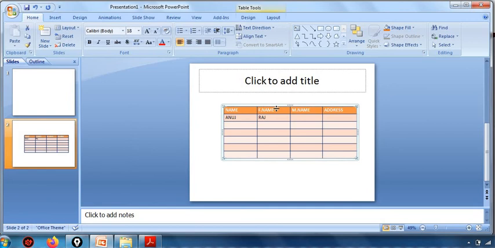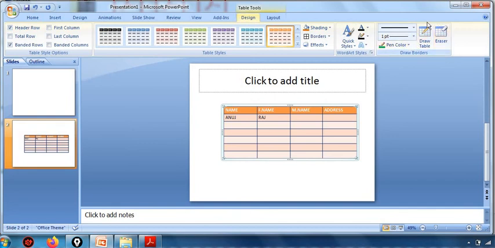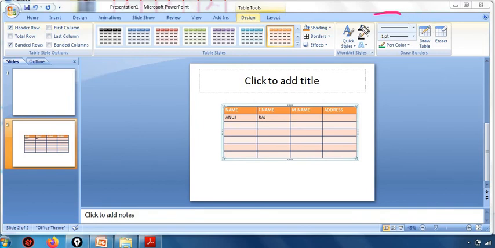We have selected the table, and then under table tools, design tab, we have the pen style list option. Let us see under this. So here we can see the pen style list box, in this section.